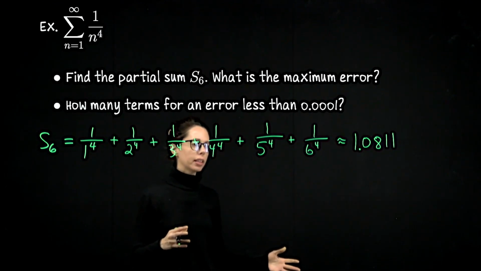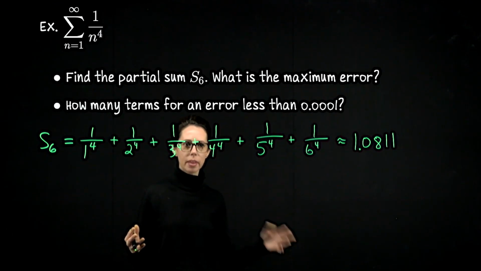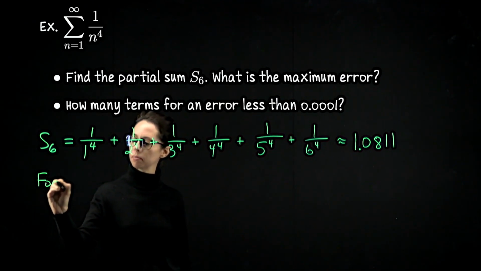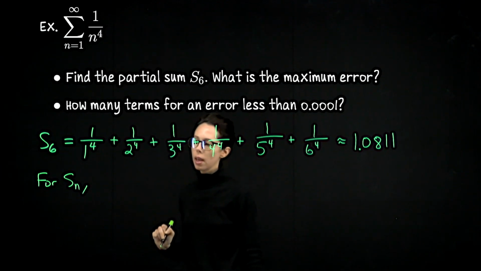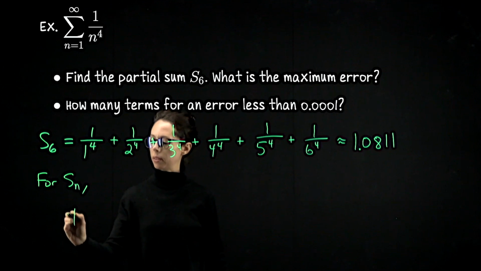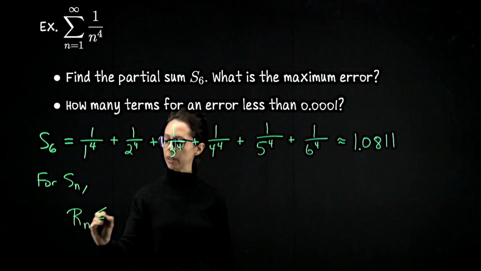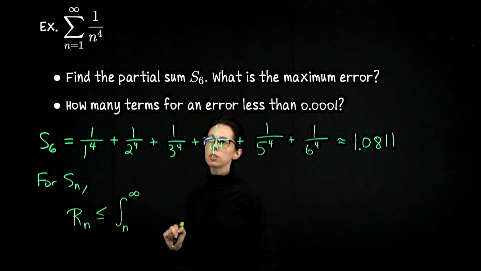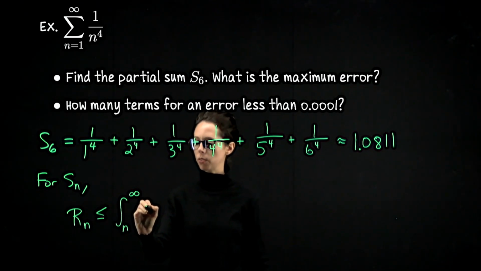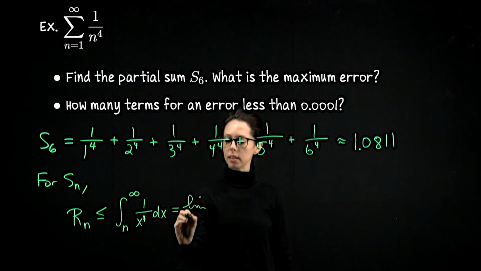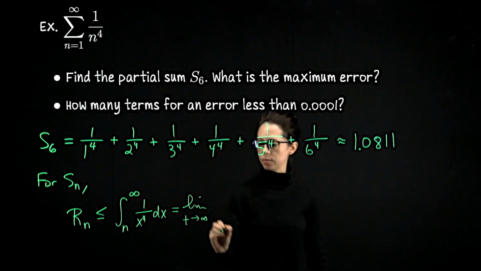Let me do this in generality for the remainder for any partial sum, and then we'll focus on this partial sum in particular. For S sub n, based on the demonstration that we just did, we know that R sub n is less than or equal to the integral from n to infinity of the function which looks like these series terms. So that's 1 over x to the 4 dx. This is an improper integral, so let me switch this to the limit as t goes to infinity of,